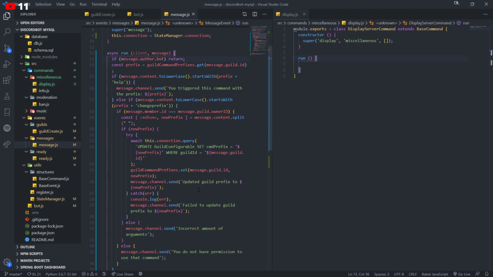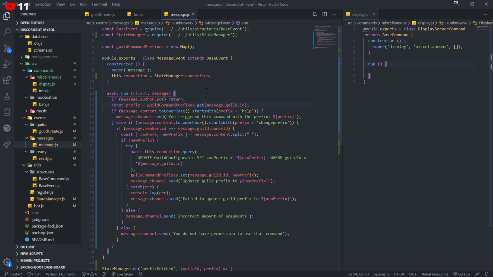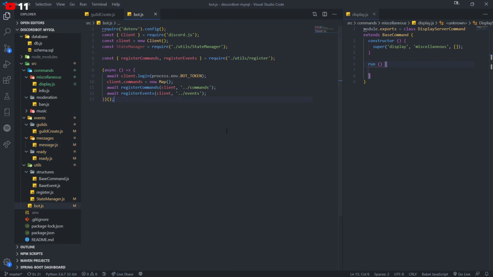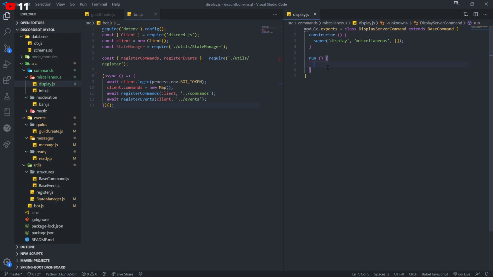And we still need to set this up over here, because right now I haven't set up the message event to check the actual message to see if it's a command or not. So I actually got to work on that. I'm not sure if that's something I should include in the tutorials, because a lot of people already know how to do that. So I'd rather just have people use their own custom implementation. But I could include it just for the people who have never used the command handler before.